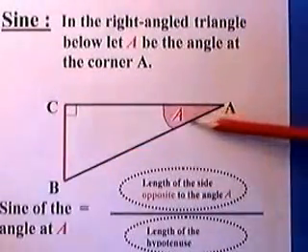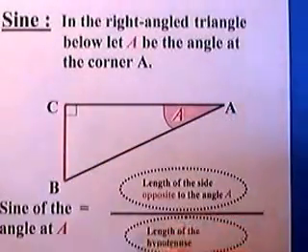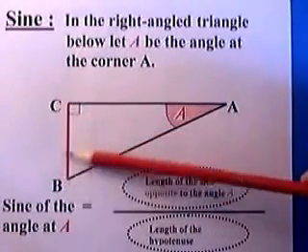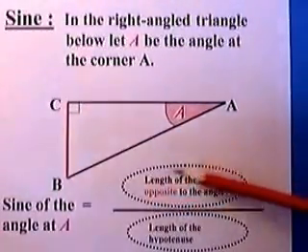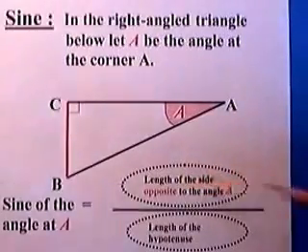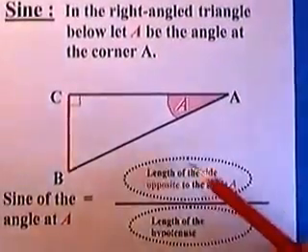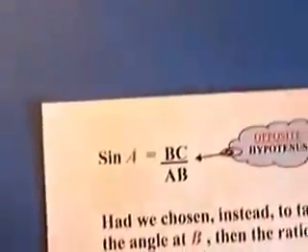So the length of this hypotenuse is what goes on the bottom of this ratio. The length of this side which is opposite angle A is what goes on top of the ratio. And normally we don't bother to write lots of stuff like this. We usually abbreviate that